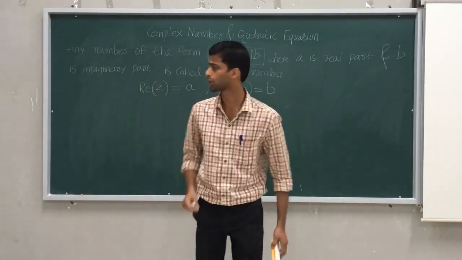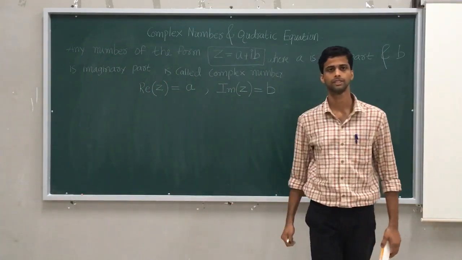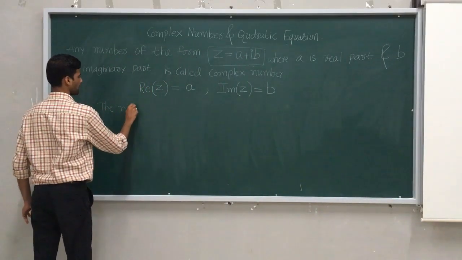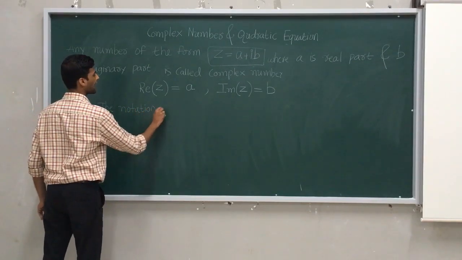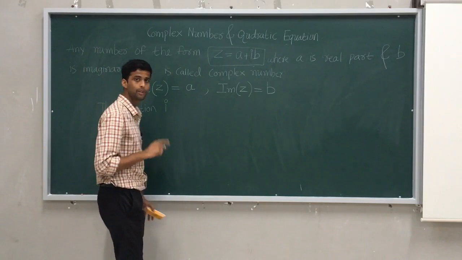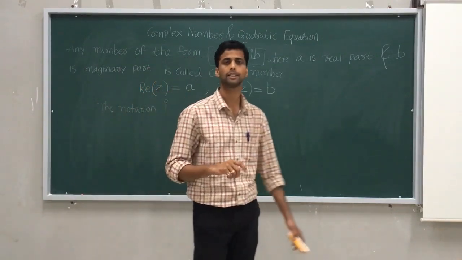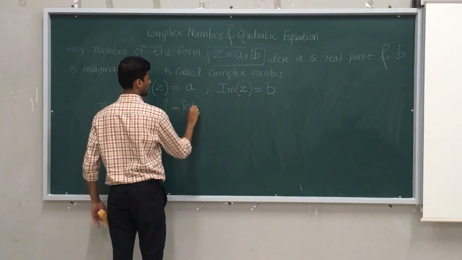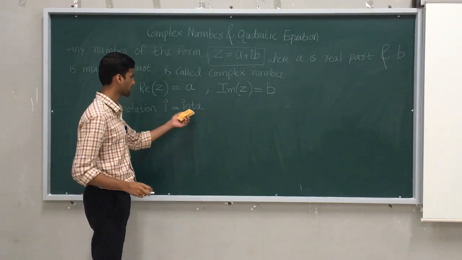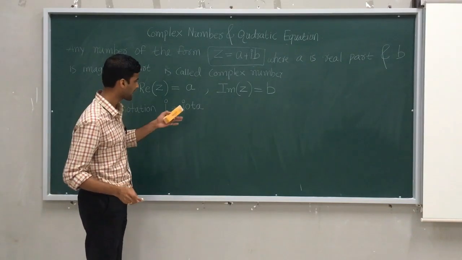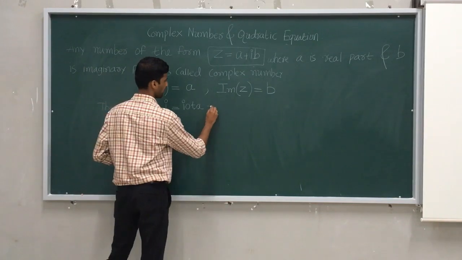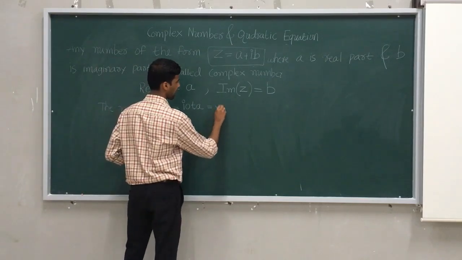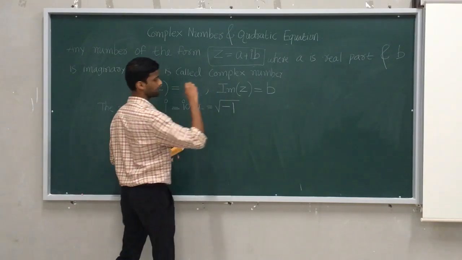Now, you may ask the question, what is i? Why did they keep i only? They could have kept u, v, w, x, y, z. It is because of the pronunciation, iota. Actually, it is iota, so we take it in short as i. Therefore, what is its value? Always keep in mind, i is called iota in complex numbers. Its value is given by the square root of minus 1.